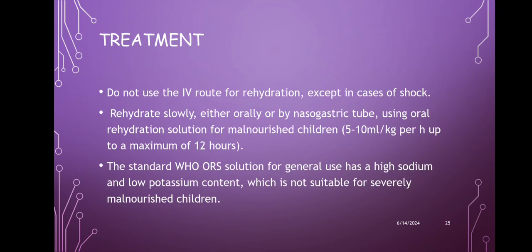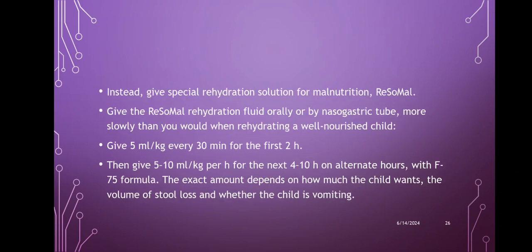Treatment. So you need to try and not use the IV route for rehydration unless the child is in shock. Rehydrate slowly either orally or by NGT using oral rehydration solution for malnourished children. So you start by using 5 to 10 ml per kg per hour up to a maximum of 12 hours. The standard WHO solution for general use has a high sodium and low potassium content, which is not suitable for severely malnourished children. So in this case, you give a special rehydration solution for malnutrition, which